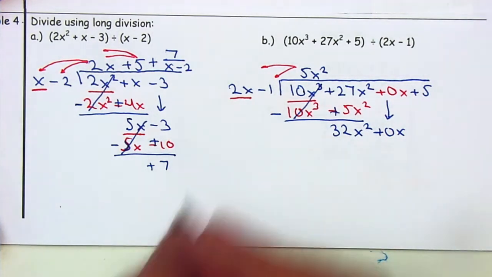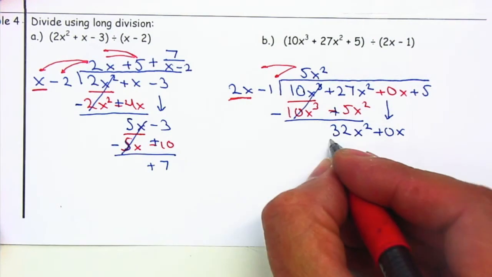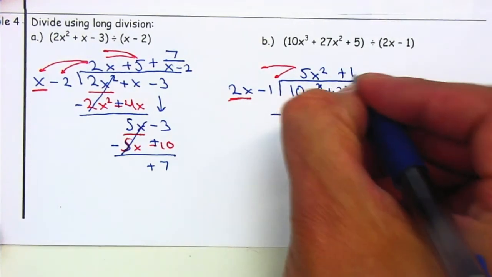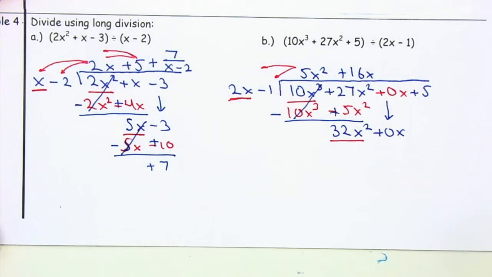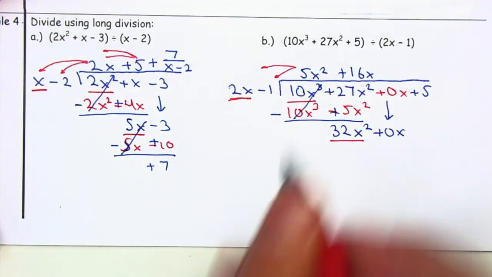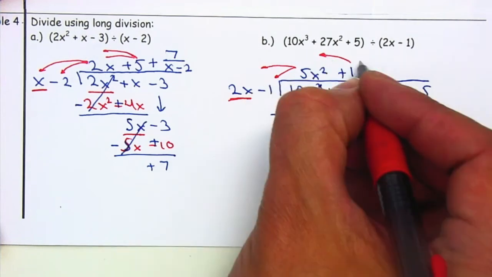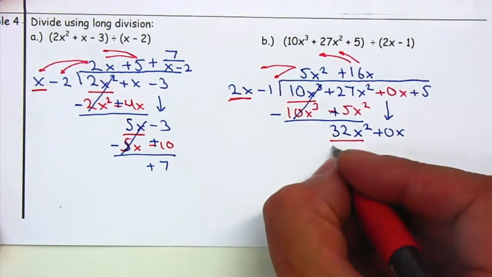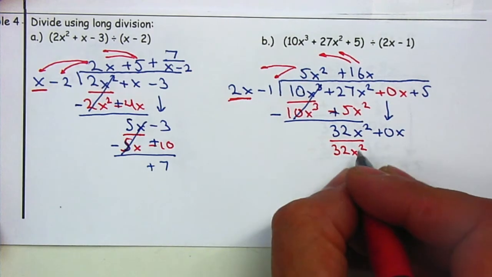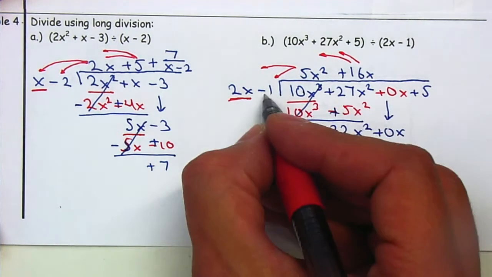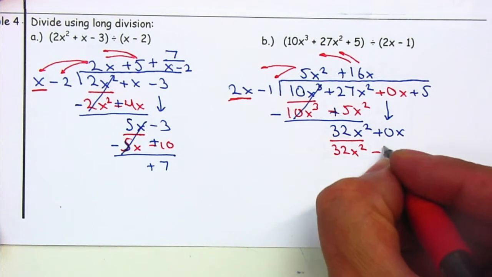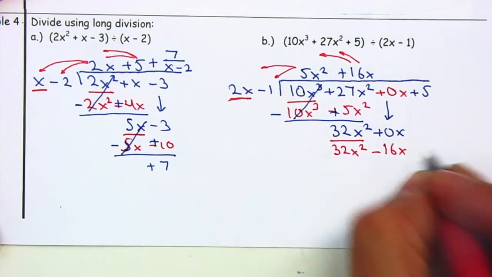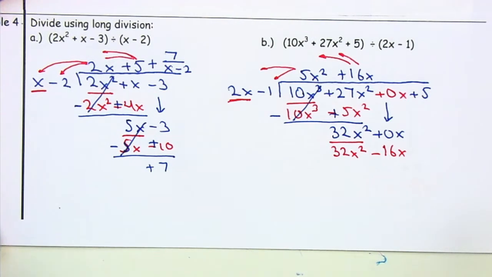Go through the same process. What do I need to multiply 2x to get 32x squared? Positive 16x. I'm going to multiply the 16x times each one of them. 16x times 2x will give me 32x squared. 16x times negative 1 will give me negative 16x. I'm going to go and draw the line